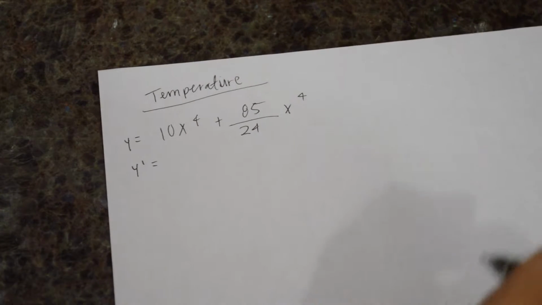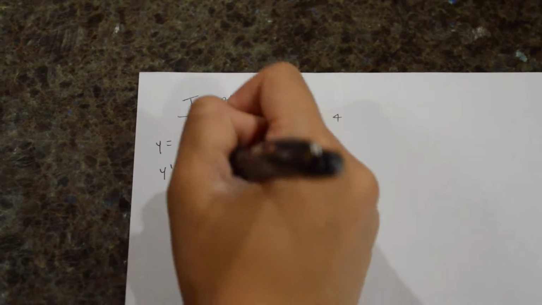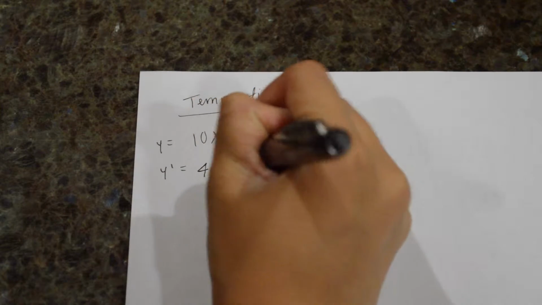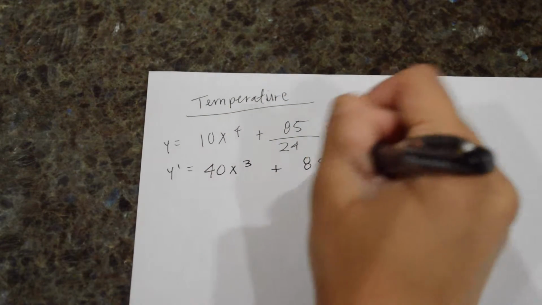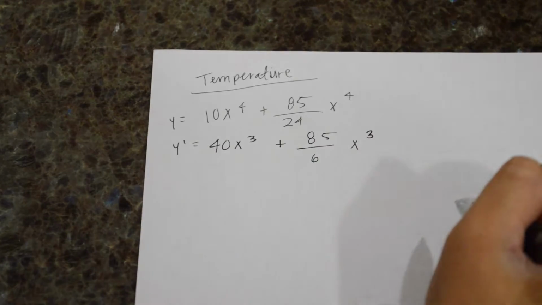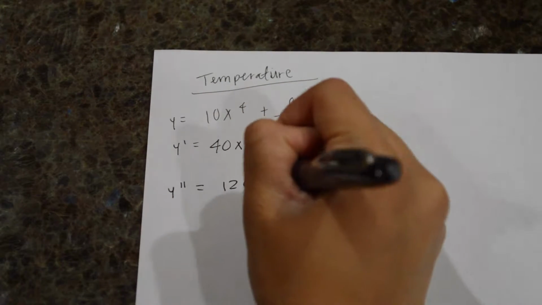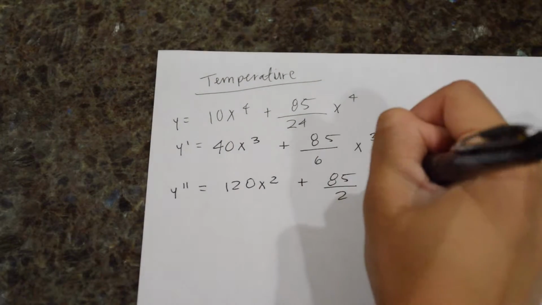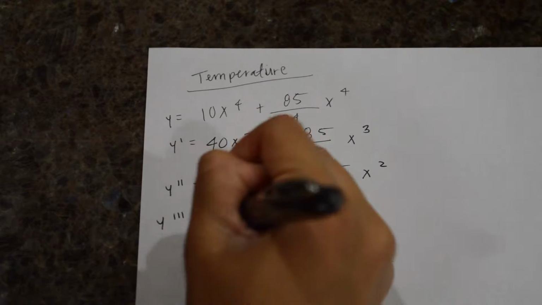higher order derivative, which is the fourth derivative, and the first derivative of 10x to the fourth plus 85 over 24 x to the fourth is 40x cubed plus 85 over 6 x cubed. And the second derivative is 120x squared plus 85 over 2 x squared. And the third derivative would be 240x